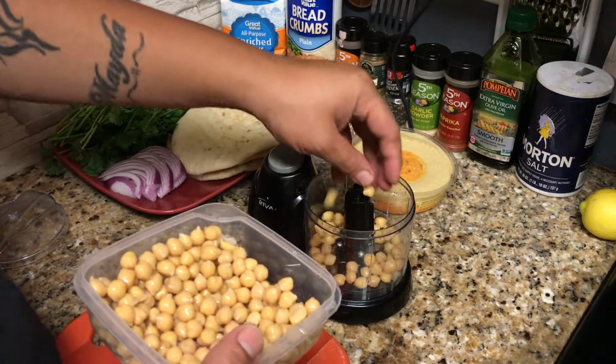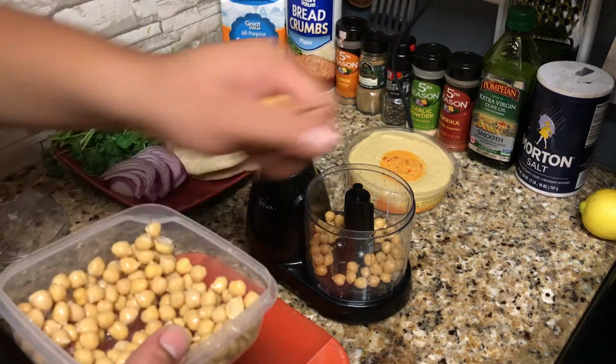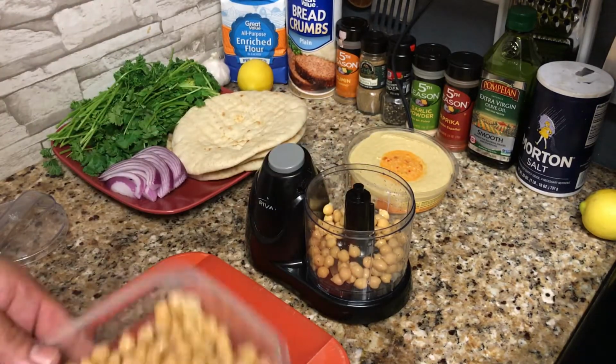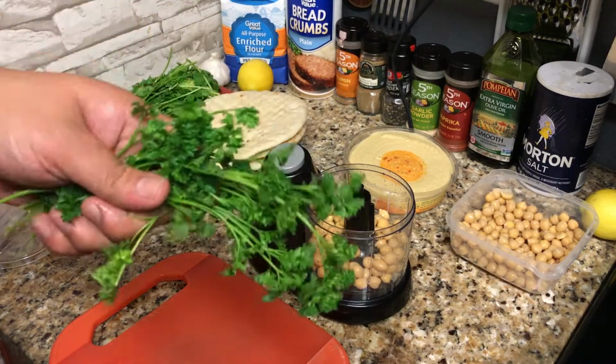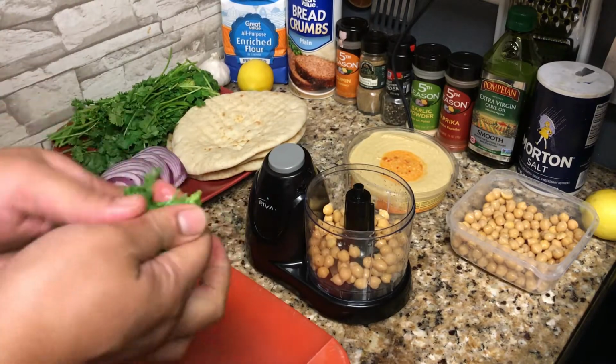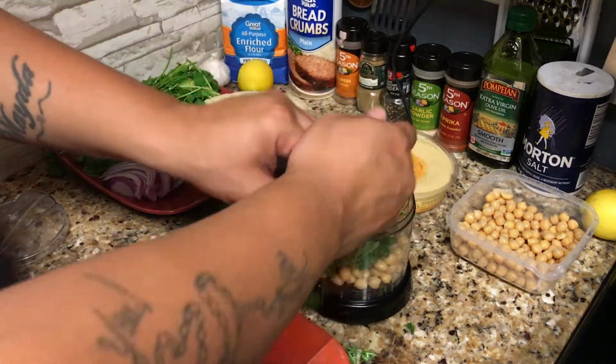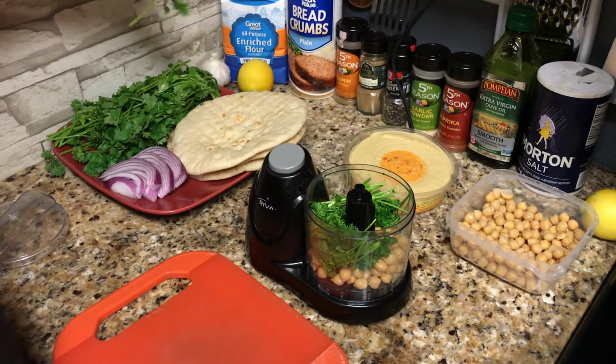Now, my food processor broke, so I'm actually gonna be making mine in batches. Thankfully, I had this little one as a backup. So I'm just gonna show you once, and then this is what you would do in a batch, just obviously double or triple the amount I'm using. But first, I'm just gonna help my little mini wannabe food processor out and just start breaking up some of